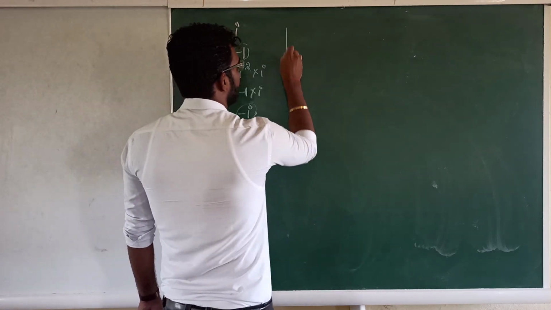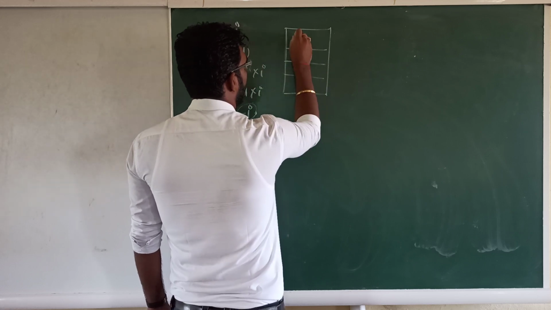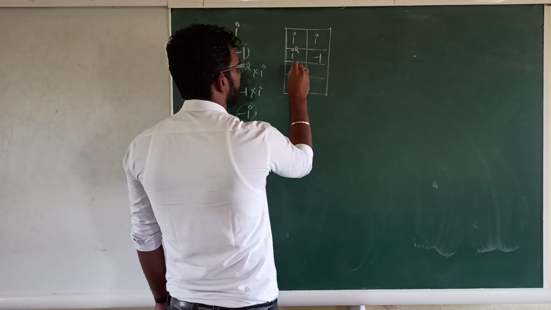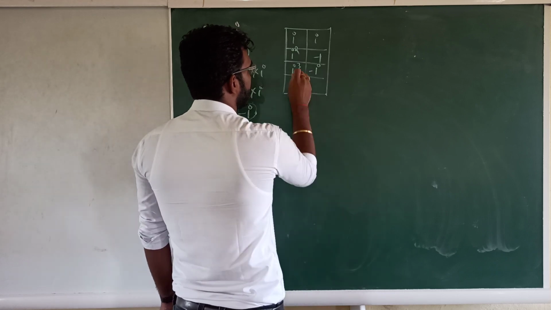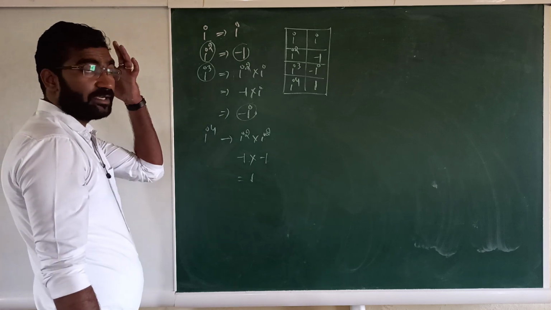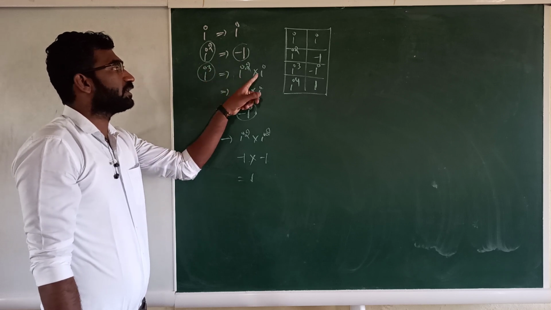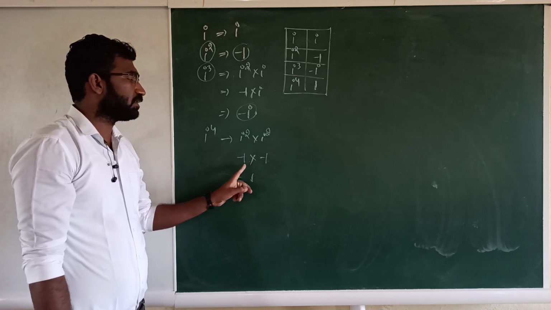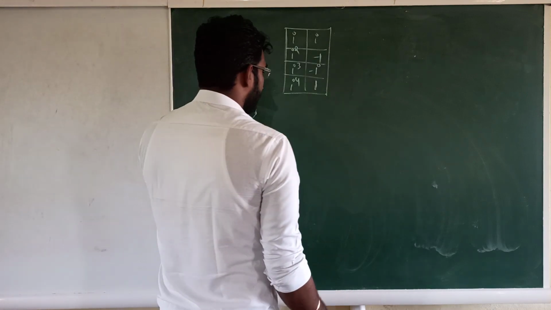So remember, I am going to write you a table, simple. How are you going to find it? Easy. i means i only, i square means minus 1, i cube you can write as minus i, and i raised to 4 you can write as 1. How did they come? You know it, right? Simple. i is i, i square means minus 1, i cube means i square into i, the value is minus i. i raised to 4 is i square into i square, therefore minus 1 into minus 1 is equal to 1, right?